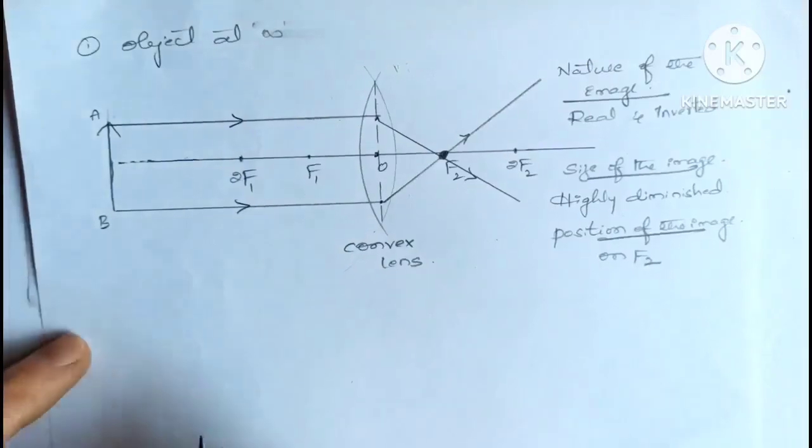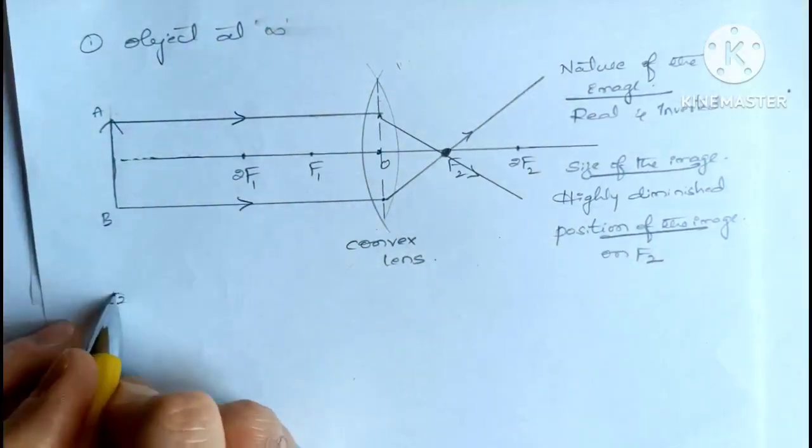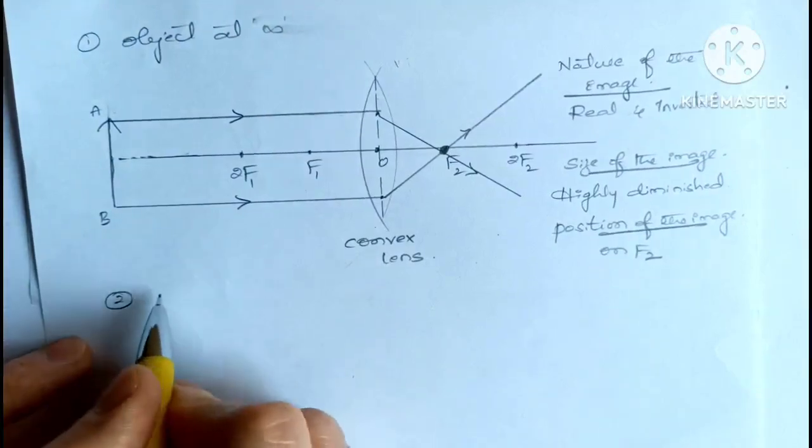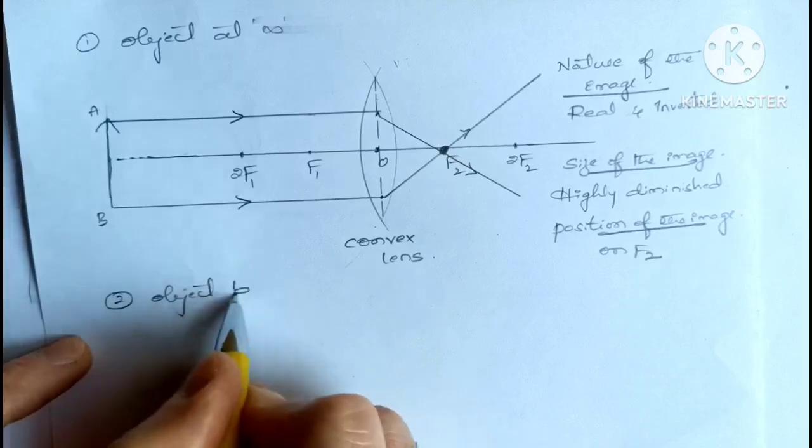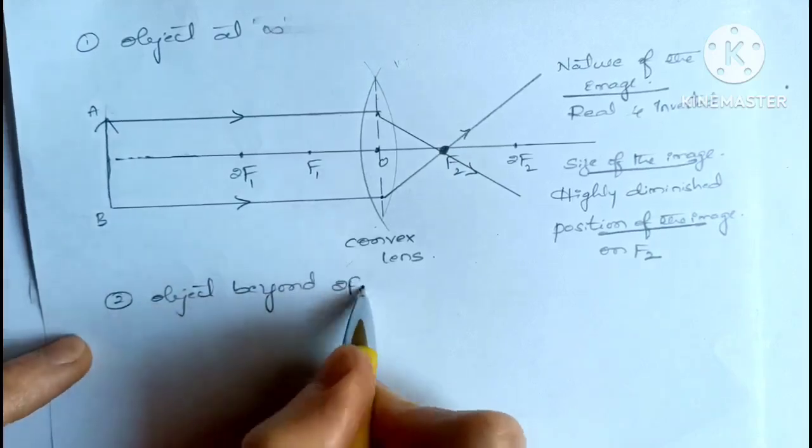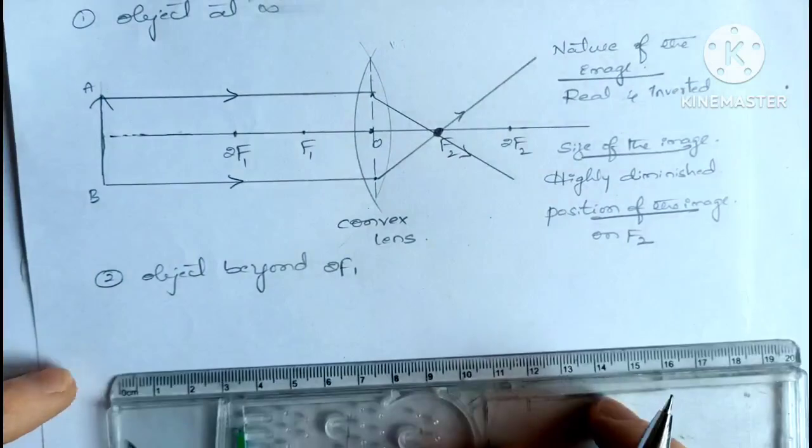Now we will move on to the second construction. Now we will try to do it a little fast, because little bit we have understood. The second construction is object beyond 2F1. Same procedure you have to follow. So first you draw the